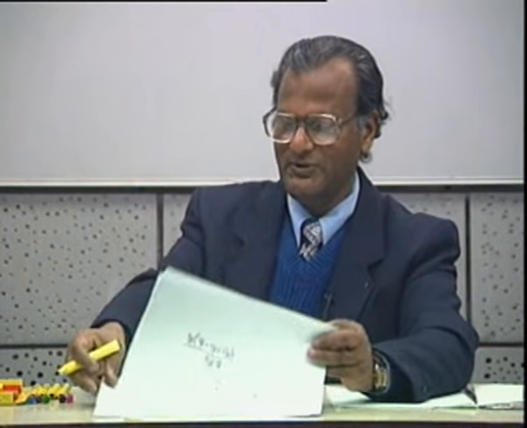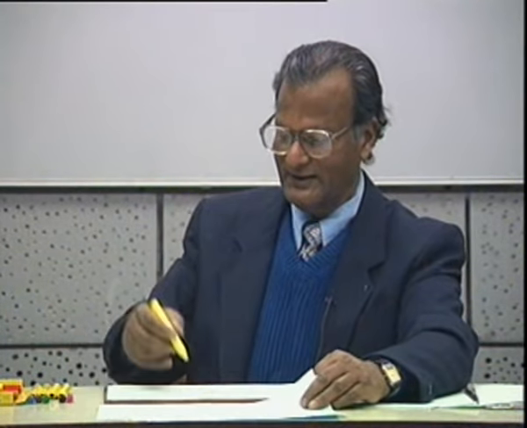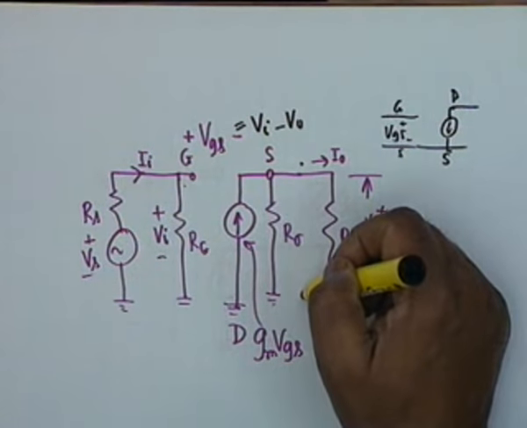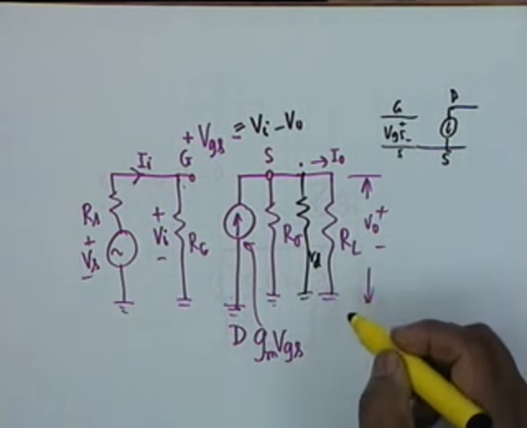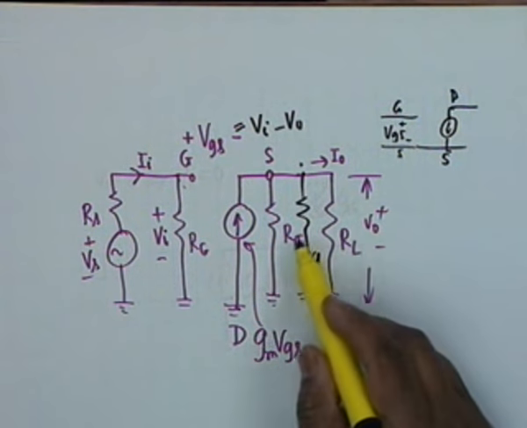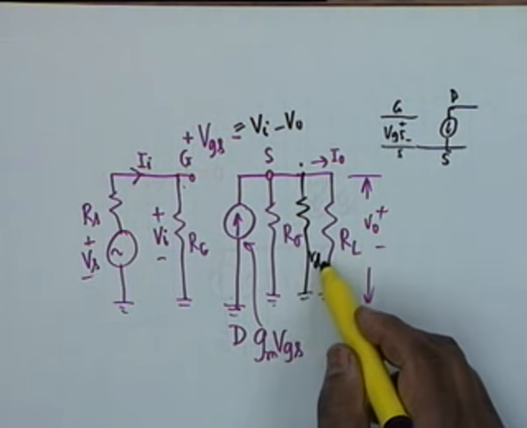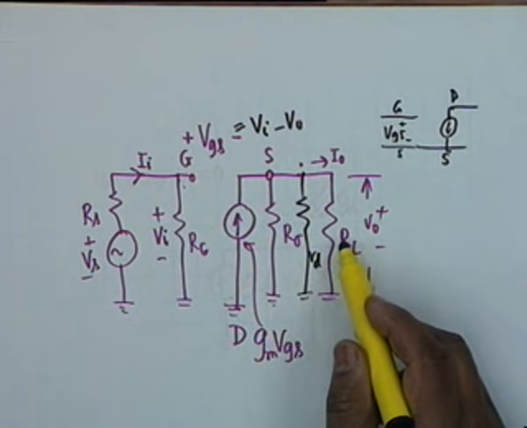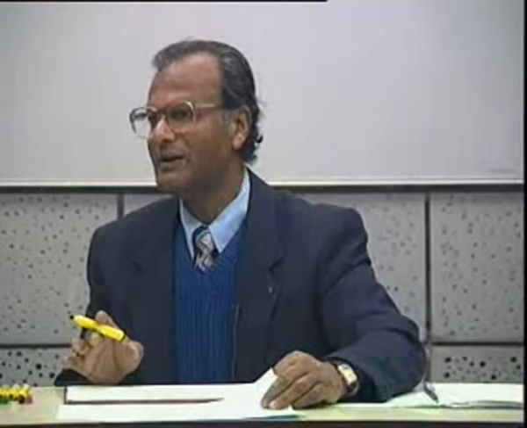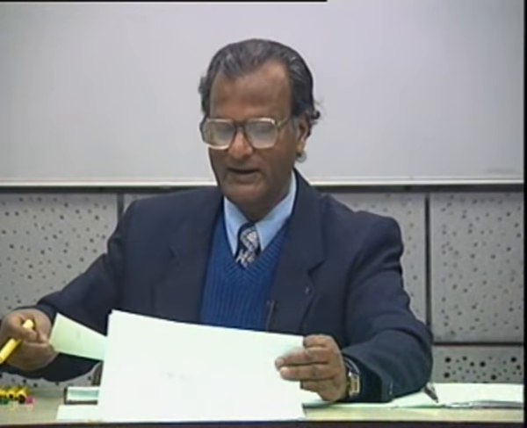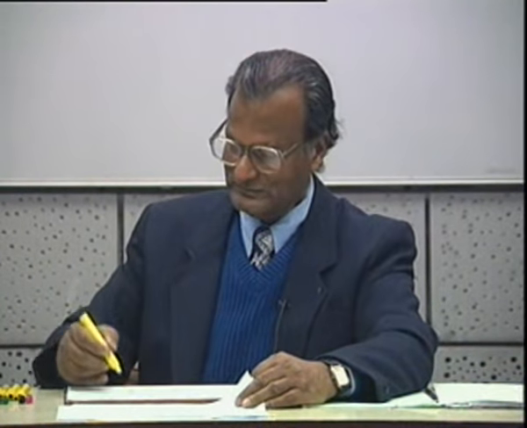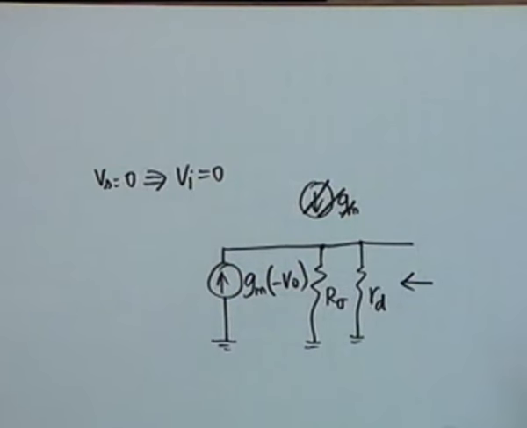Let me show you this slide. In this, RD comes from drain to source, and therefore you could include RD, and wherever there is a parallel combination of R sigma and RL, you could include RD also. It doesn't take any extra effort to do that, and I didn't do it, not intentionally, by mistake. Okay, I should have done it. So this is the impedance.